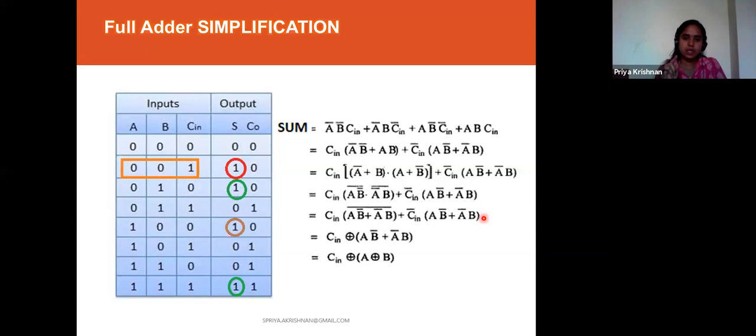So first we will write the expression for sum and then we will write the expression for carry. This slide gives you the expression only for the sum. So for sum, first I should identify where I have 1 in my sum. So I have 4 ones in my sum. I should check what is my input there. 0, 0, 1. So how can I represent this 0? Shall I represent it like A bar? Yes.